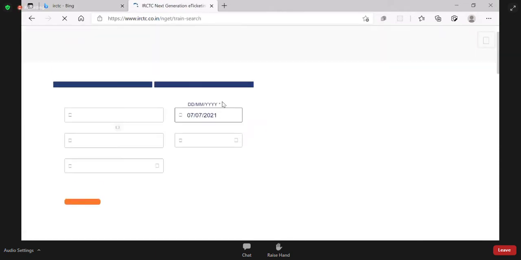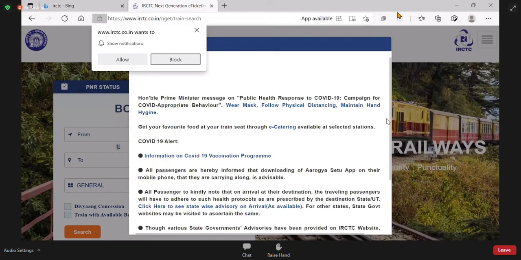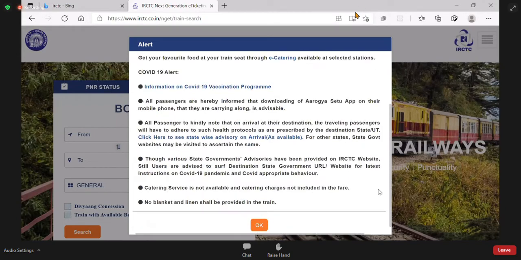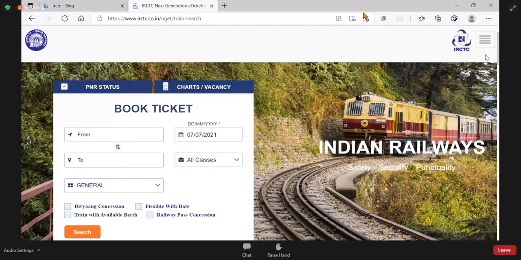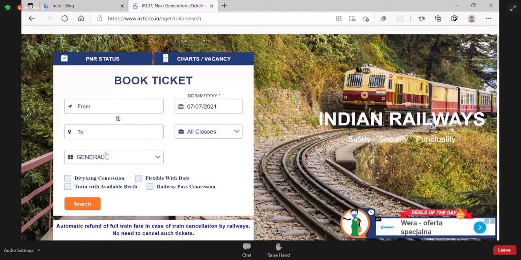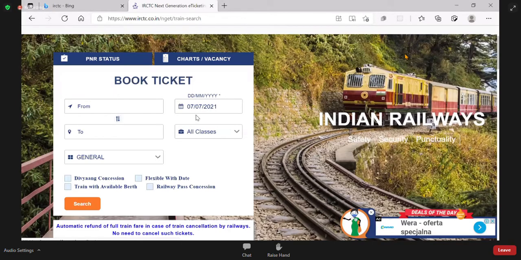I opened this IRCTC. Now here in this IRCTC, observe here, you got a page. Is this the same page for everyone? What do you say? Is it a dynamic page or static page?